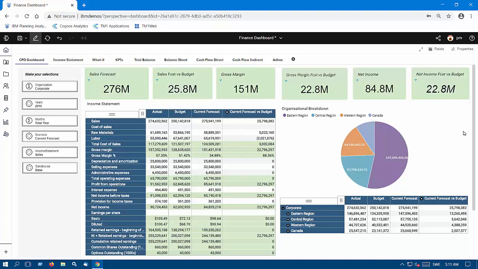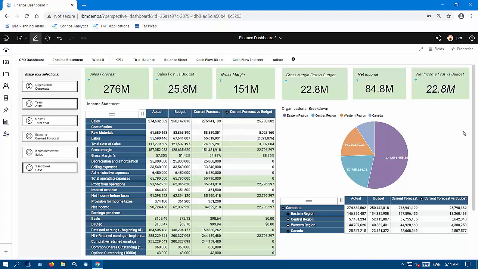In this demonstration, I will show you how to perform integrated financial planning, allowing you to capture the income statement, balance sheet, and cash flow impact of decisions. I will highlight how what-if analysis can be used for evaluating different possible scenarios. We'll start off by reviewing the latest available forecast, comparing the annual business plan and reviewing how the different business